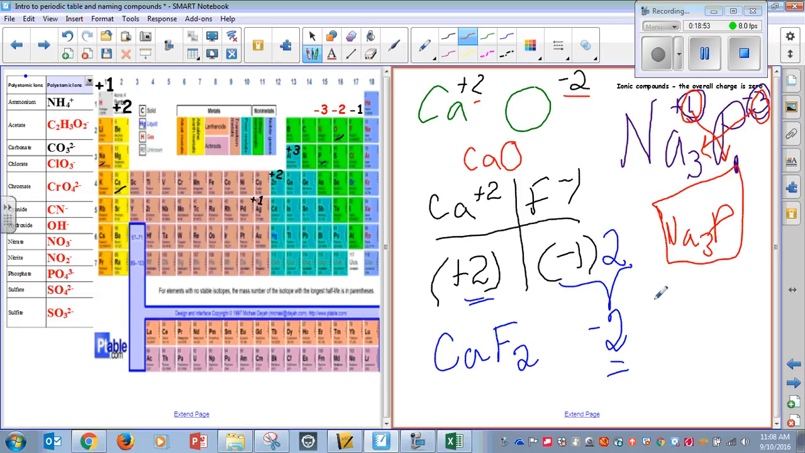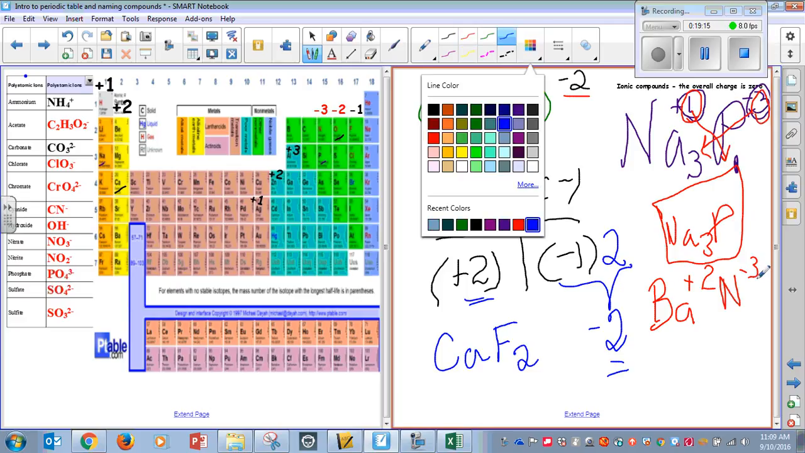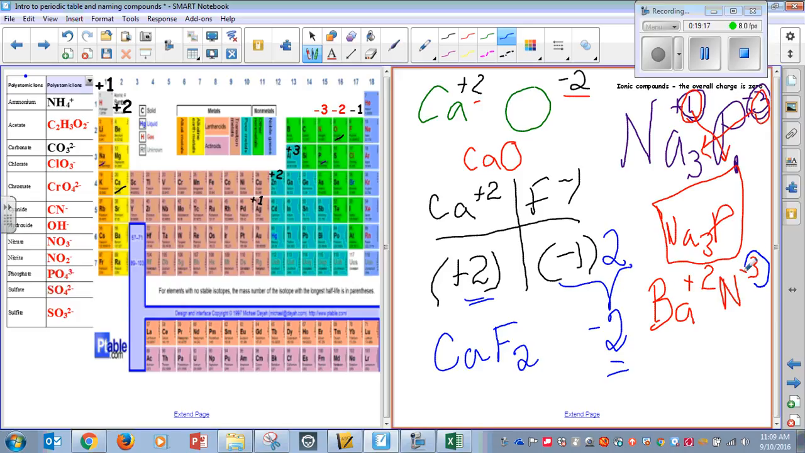Let's do one more like this. One more simple one. One more binary one. What if I have barium? Barium has a +2 charge, and I want to bond it with nitrogen. Nitrogen has a -3 charge. Well, here's where that crisscross method is going to come in handy. I could take the 3 from the nitrogen and write it here. And I could take the 2 from the barium and write it here. And make my chemical formula